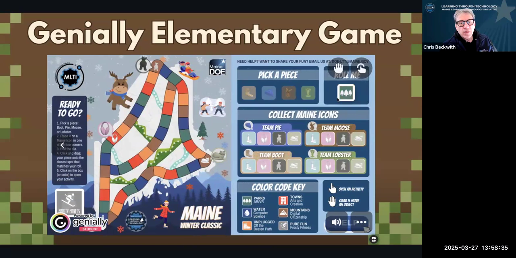It has a mechanism to roll a die, as Janice is showing there. The game pieces aren't 3D models. Everything's very flat, but you're moving around the board. You're still participating in tech activities, and you're gaining trinkets as you go.